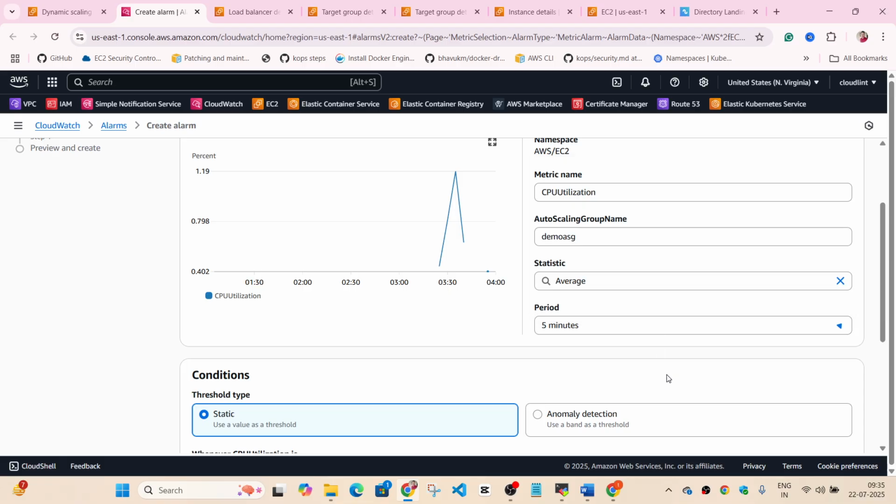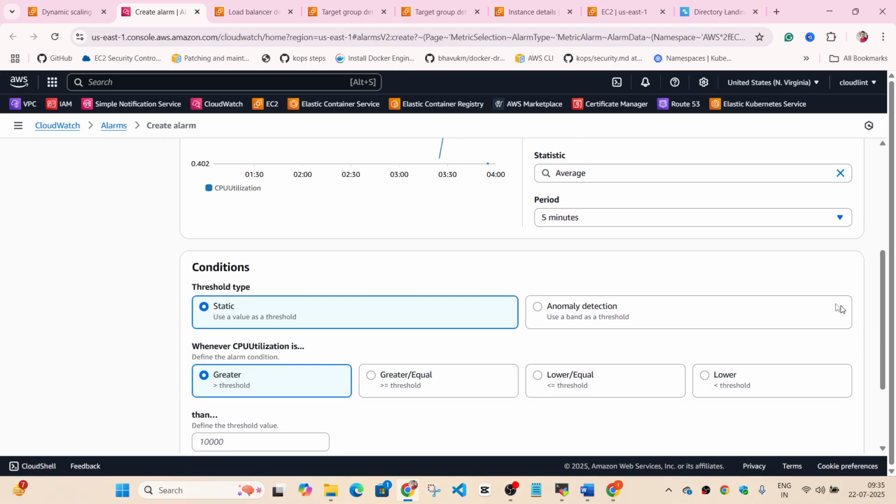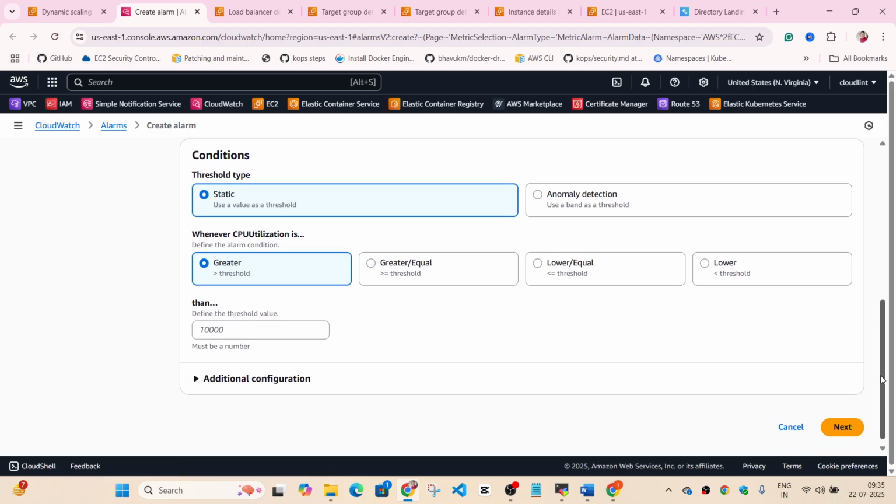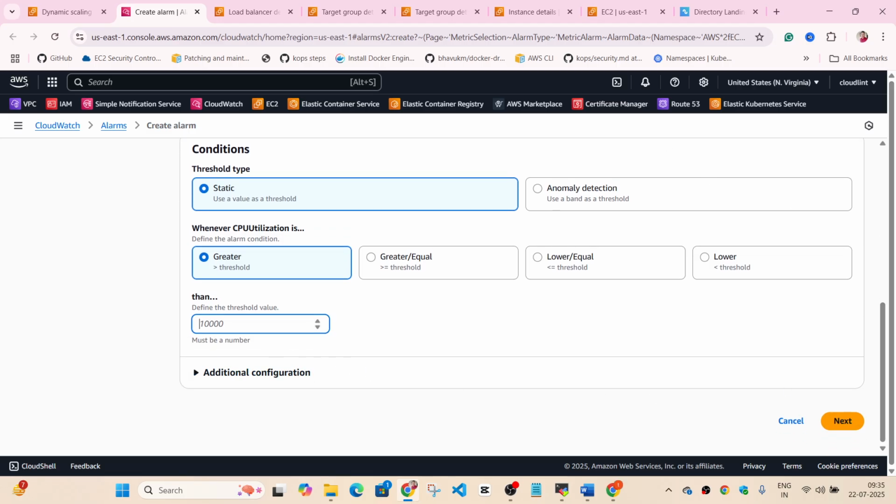So as a workaround, you can change the time period to 5 minutes so that it has enough data points to collect and decide whether to trigger the alarm or not. And this was the issue that happened yesterday. So I'll just keep it as default to 5 minutes, and let's keep the threshold value to 20, so that we can have the alarm triggered slightly quicker.